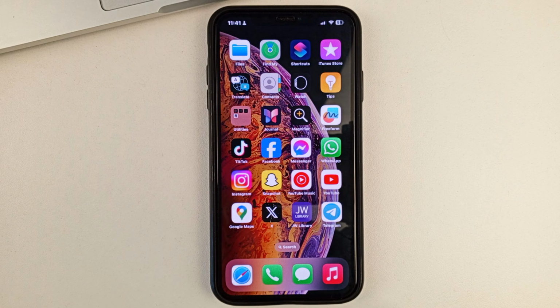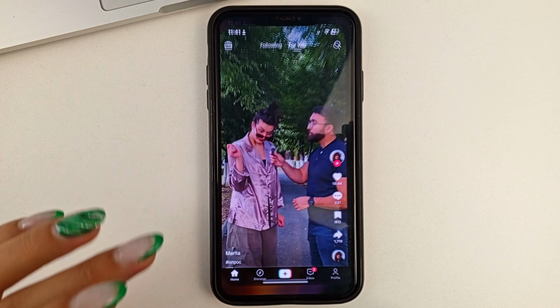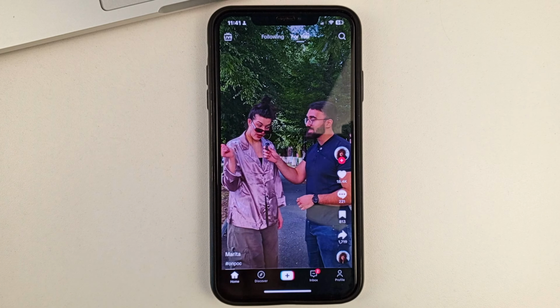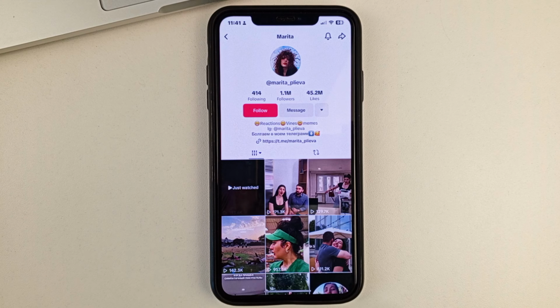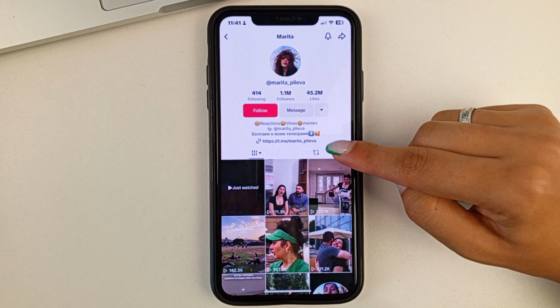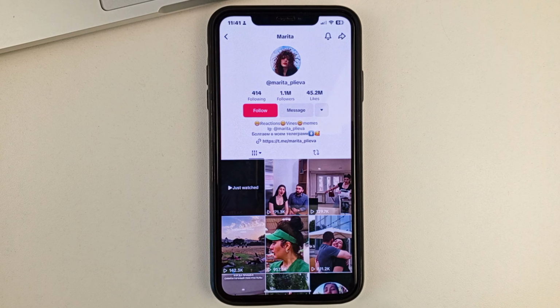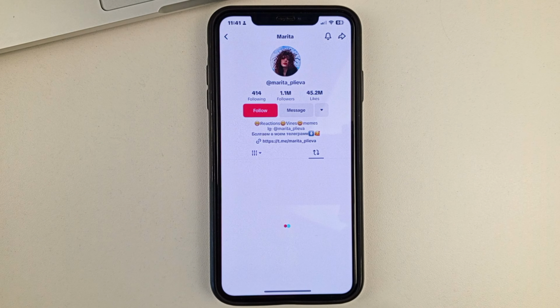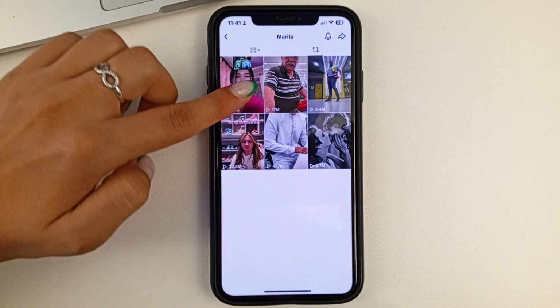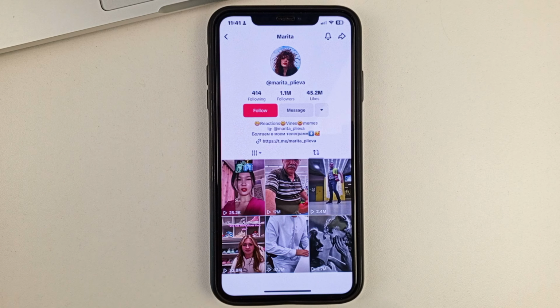And let's get started on this topic. So friends, first you will need, of course, to open the TikTok application itself. Then absolutely on any video, you can go to the person's page if you click on their image. And here to see the reposts of this user, you will need to find this 2 arrow sign. Click on it. And here, friends, you will be able to see all the reposts of the person. That is, the video that the person has reposted to his page.